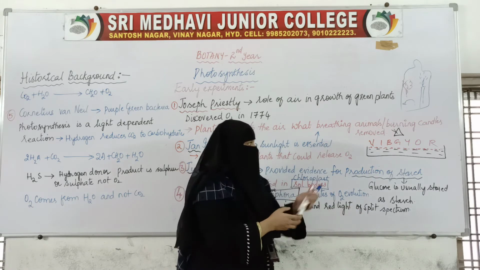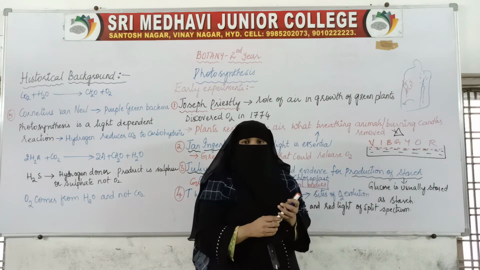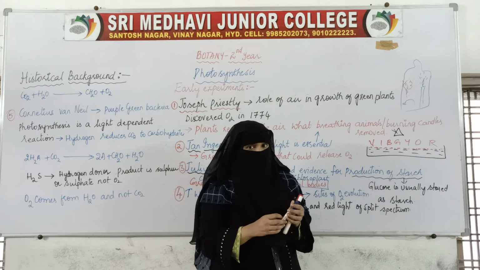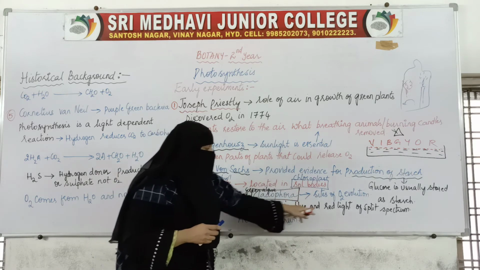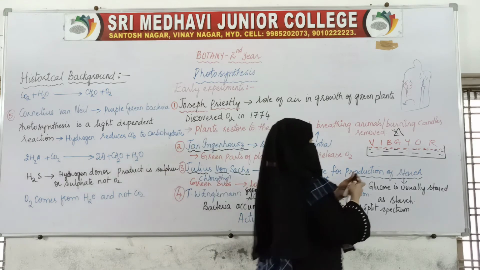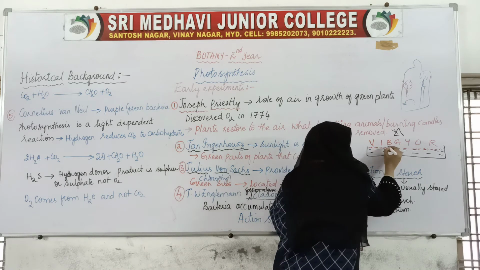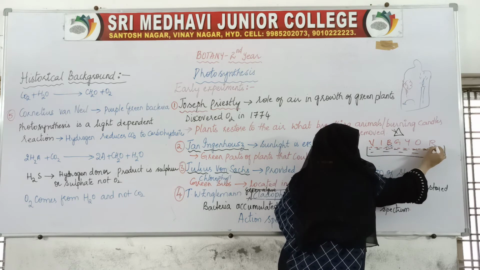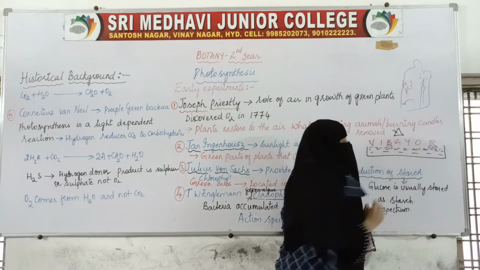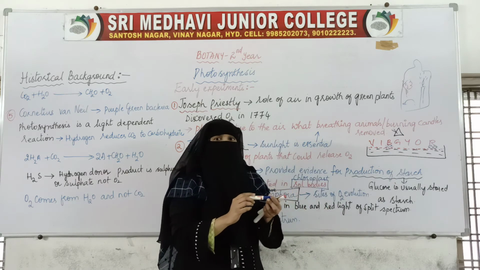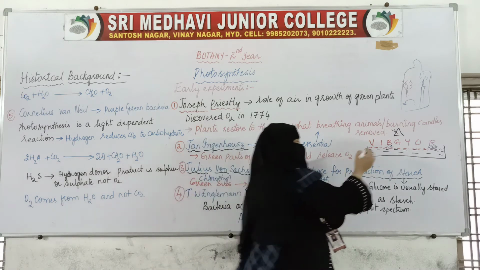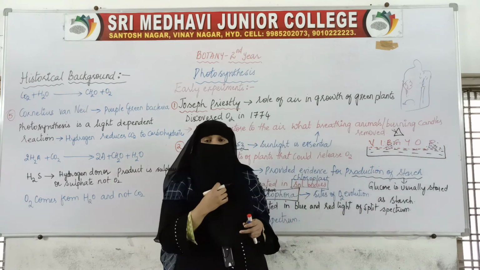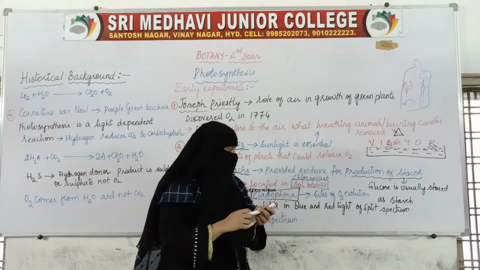Where? All those algae were there. Now algae, this cladophora, is nothing but blue-green bacteria. We can even call it blue-green bacteria. So where did it accumulate? At the blue and red light. Here the bacteria, all those bacteria accumulated at this place and at this place. Okay. And some bubbles were released at this place. Some bubbles were released. Those bubbles are nothing but bubbles of oxygen.